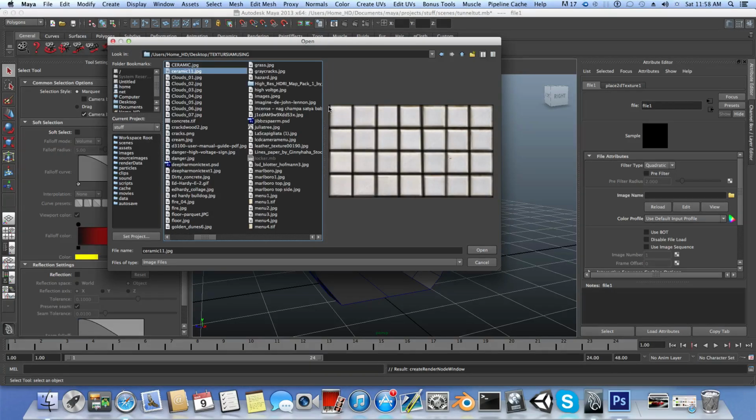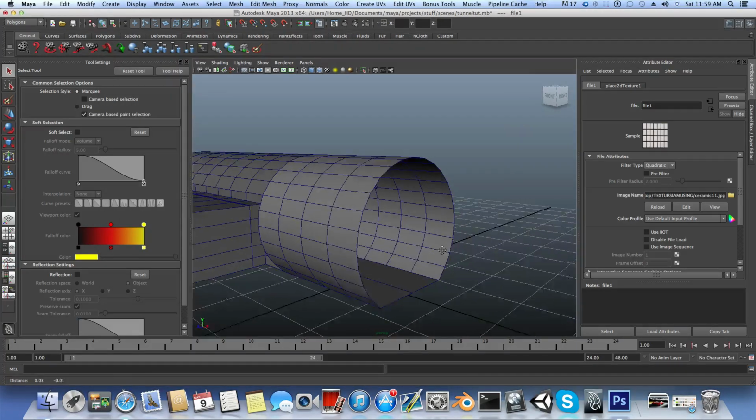So together, when we start to manipulate the place2dTexture node, it will use this thin line and actually double it, because we will add extra coverage, okay. And this is what I actually did with this ceramic picture. Okay, so let's open this one and press 6 to see it,